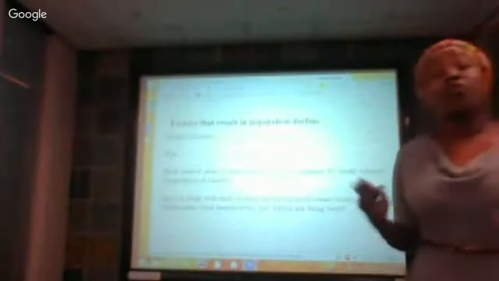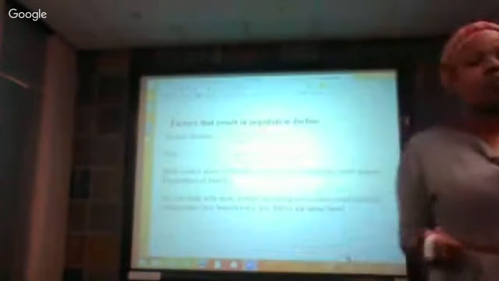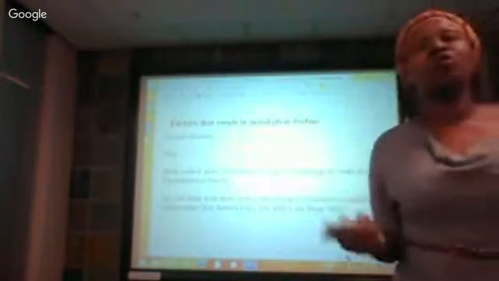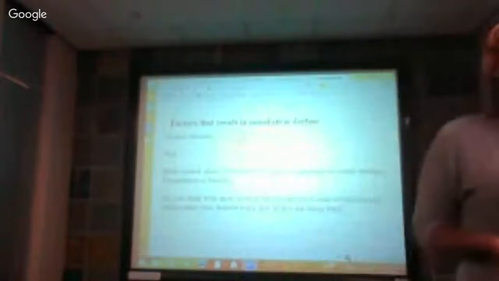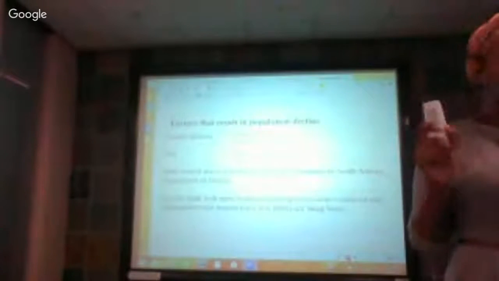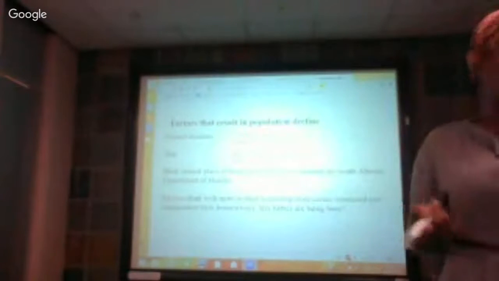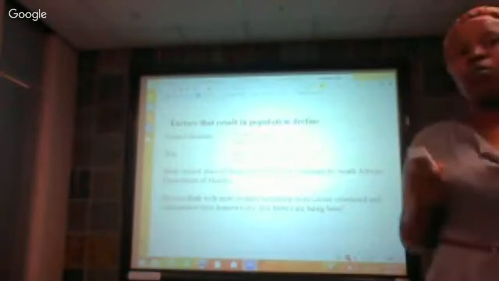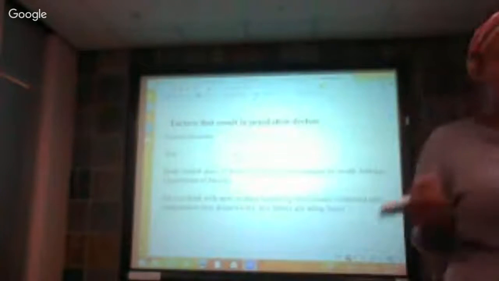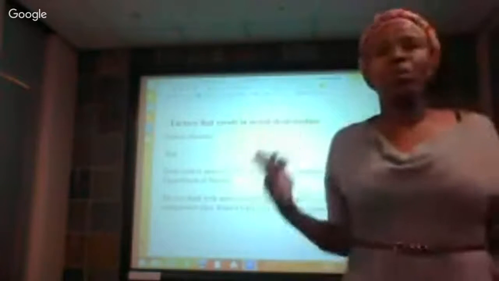Okay, there are also factors that result in population decline. We know that natural disasters happen in the world, and people unfortunately die in them. But a nice thing is that in South Africa, we don't have natural disasters that decrease the population, which is a great thing. And we also don't have war. Wars actually do take away some people on the planet, unfortunately, and in South Africa, we gladly don't experience war.